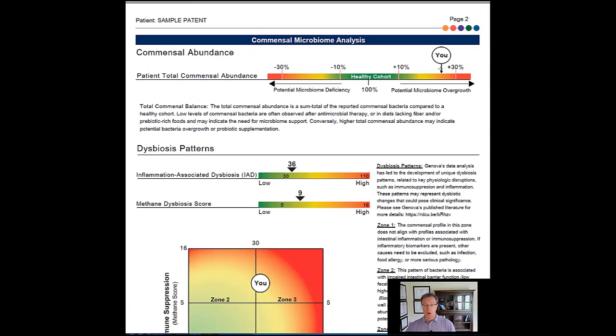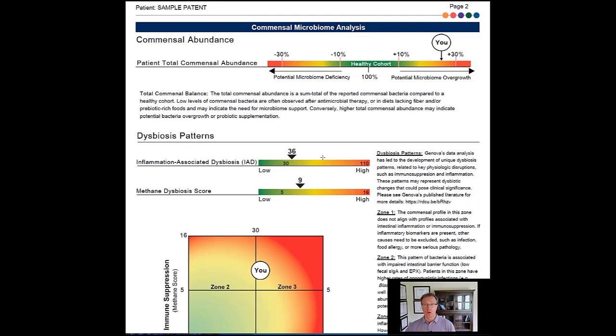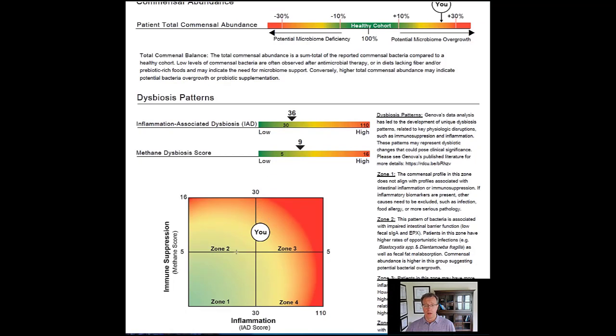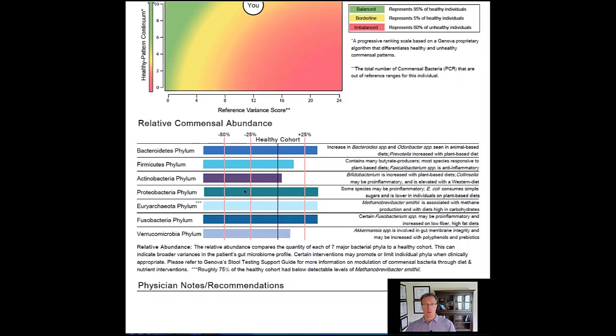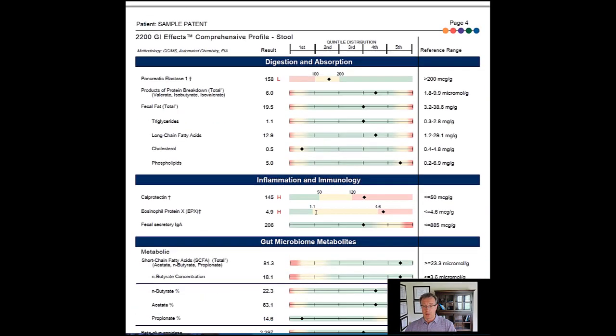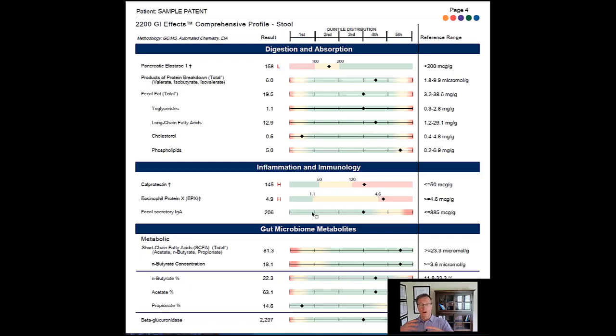So initially they look at the amount of bacteria, how much you have in your gut, and what kind of bacteria. Is it inflammation-associated bacteria? Is it methane-associated bacteria that is associated with gas formation? Also, they look at the distribution of bacteria. Is it really normal bacteria, or is there just too much of a good thing or a bad thing? Then they look at the amount of bacteria in the different species, different families, and then we will go into really great detail about